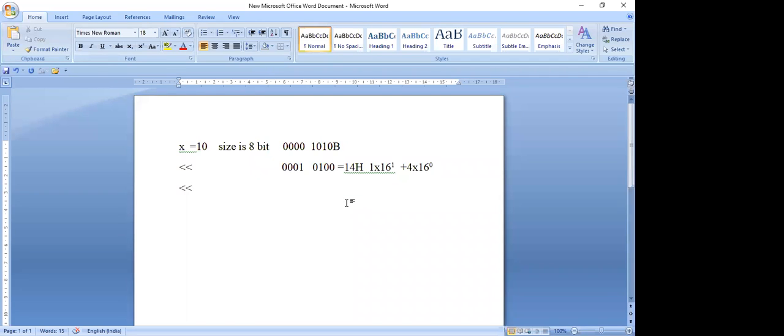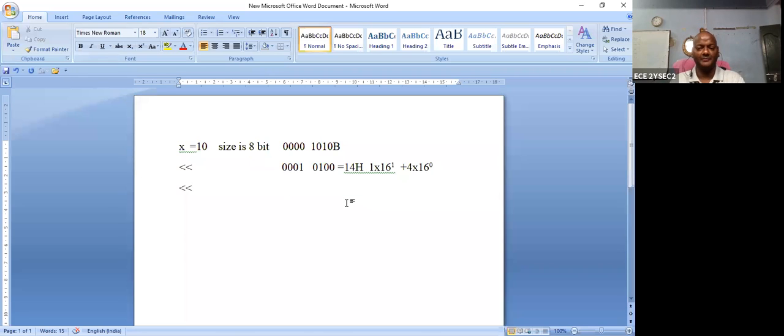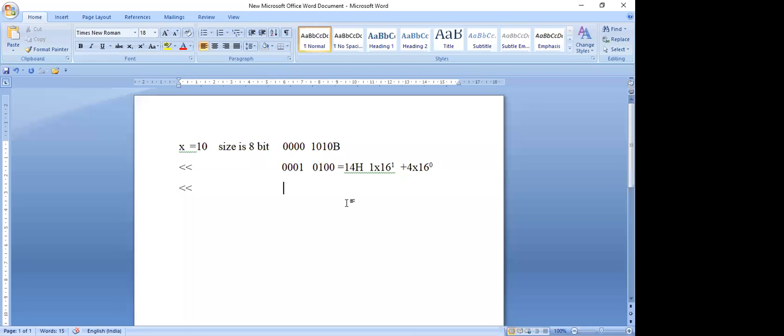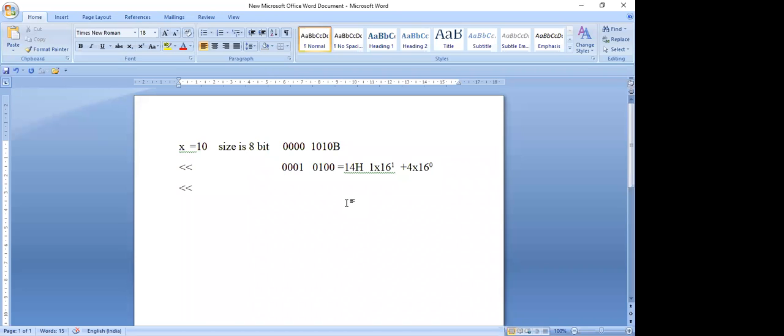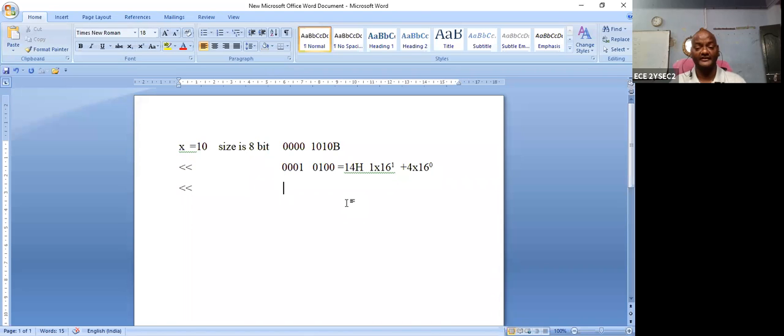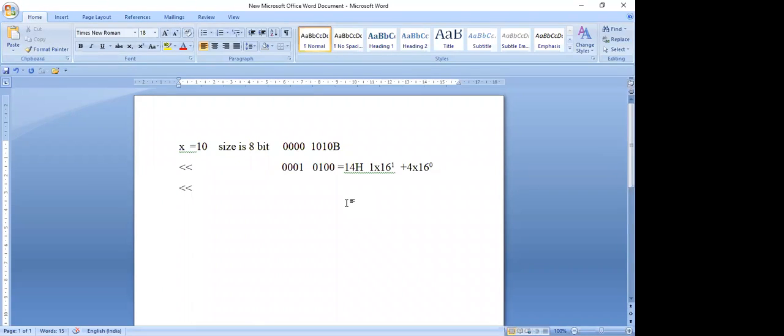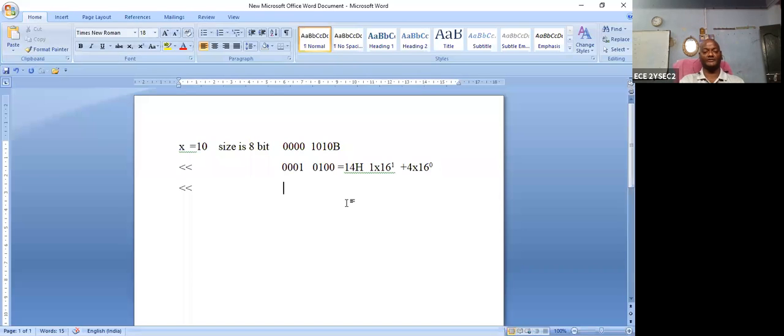40, sir. Before operation, what is the sign? Positive or negative? Positive. How should you say that positive? MSB is equal to 0. Very good. So now, what is the operator? Left shift. Signed left shift. Very good. In the signed left shift, then what happens? Value should be changed. Doubled. Yes, that is the answer I want. Doubled. Okay, doubled. So now, after doubling, what is the binary value?